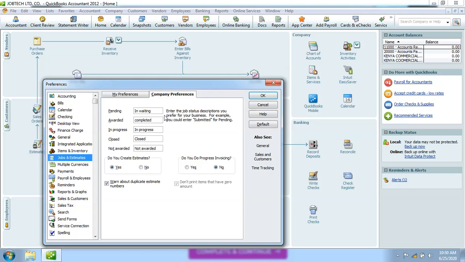Okay, so basically this allows you to indicate or type a customized status for the job. It's pending, in waiting. If it's awarded, I can type in there completed. If the job is in progress, just leave it as in progress. If we close the job, we stopped working together, then I can indicate closed. Maybe something happened along the process and decided to stop the project for a while, I can indicate closed, or